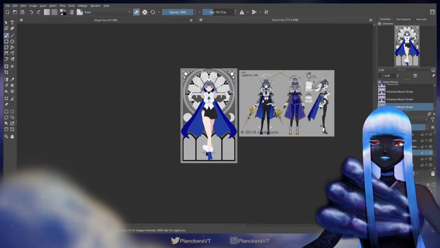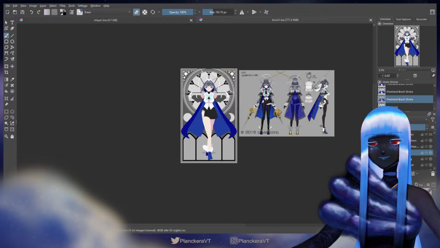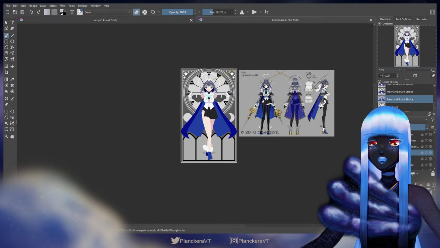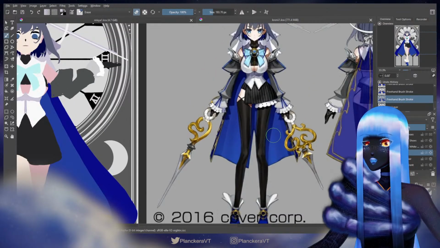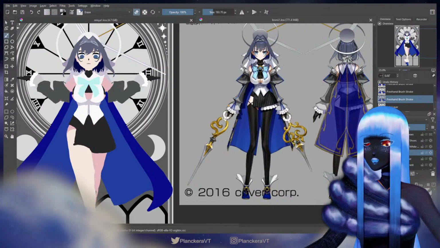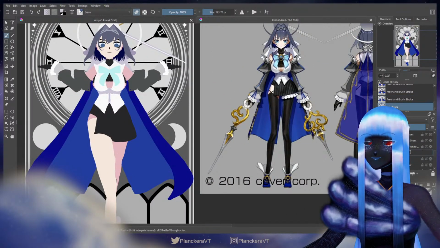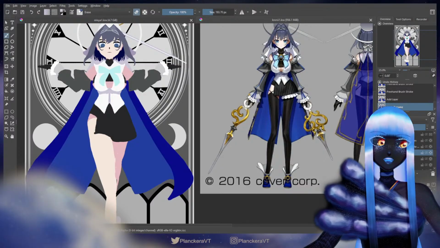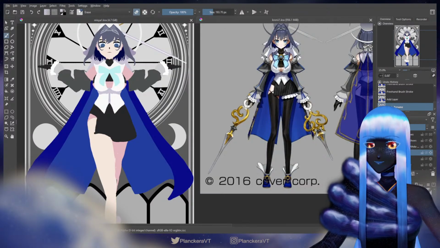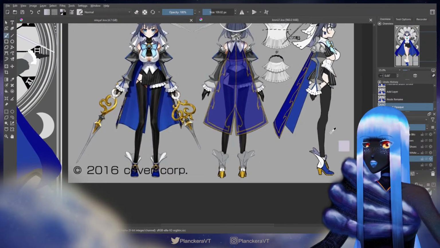So let's go ahead and give her some socks. Actually, I was thinking about it for a second, and I was like, do I just want to turn the body layer into the socks? But I don't know. There is enough stuff here that I think I might prefer to have them on a separate layer. Odds are I'll just erase the body parts there later. But for now, I'll just do it like this.